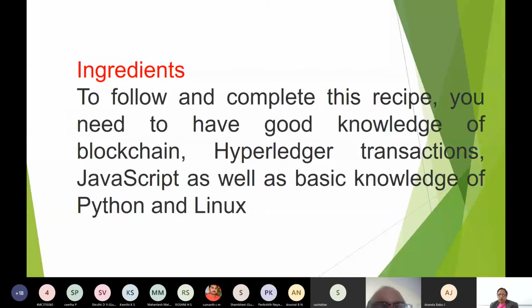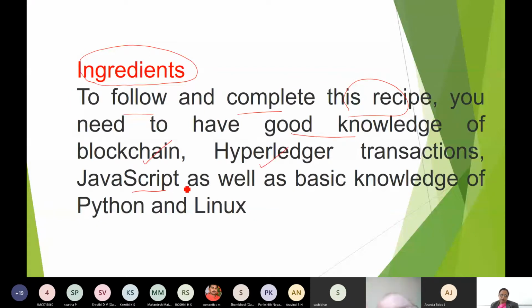This is one part where I picked up the same sentence because I felt it is very relevant. Here, as a design engineer, you want to prepare and need good knowledge, first of all about blockchain and Hyperledger transactions.